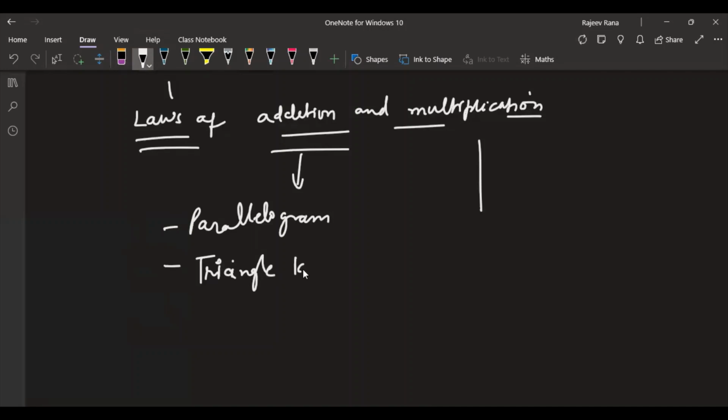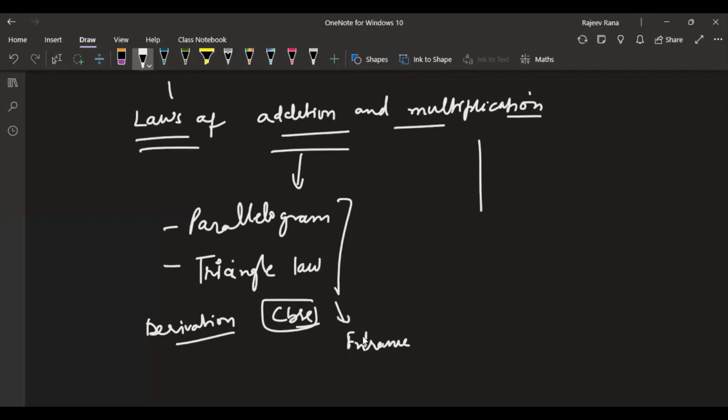If you are preparing for your CBSE exams, then you have to do the derivation of it. But if you want to do it only for your entrance exam, then you need to learn only the formula of it. Then I'll make you understand the formula. But since you have to pass the CBSE exam also, the derivation is also required, because this question generally comes for 3 marks, to derive and one numerical.